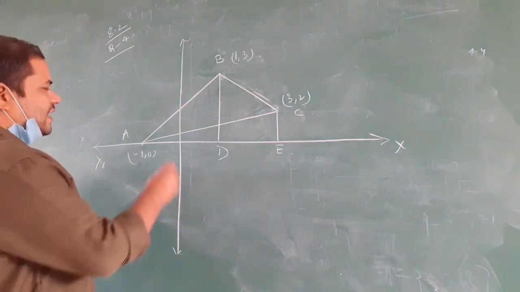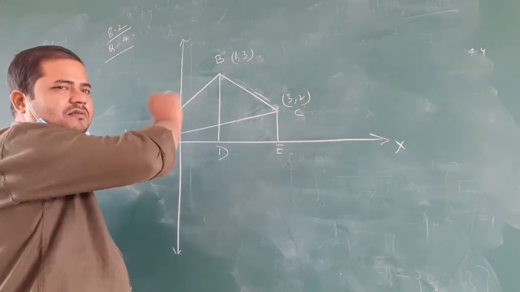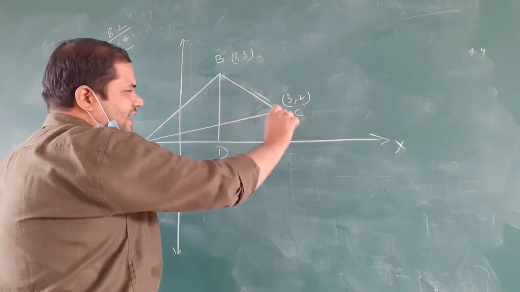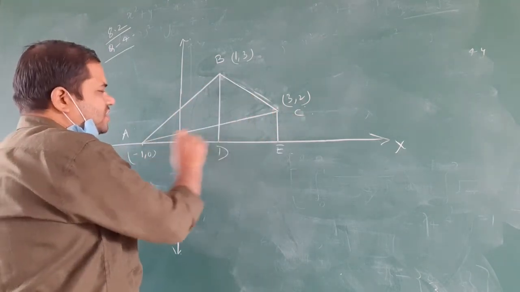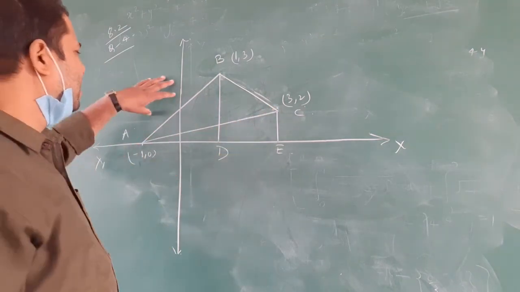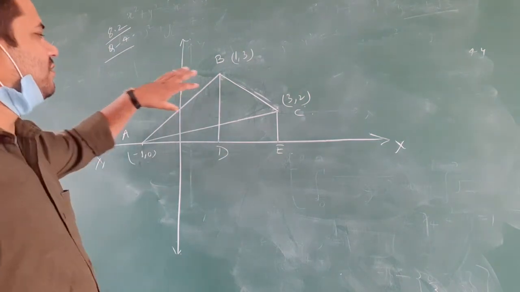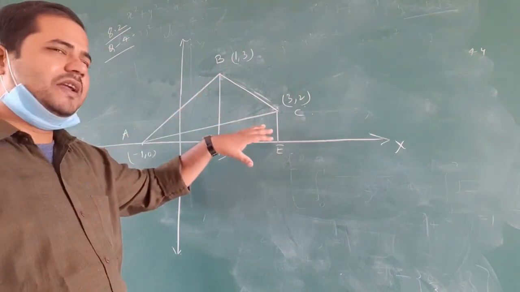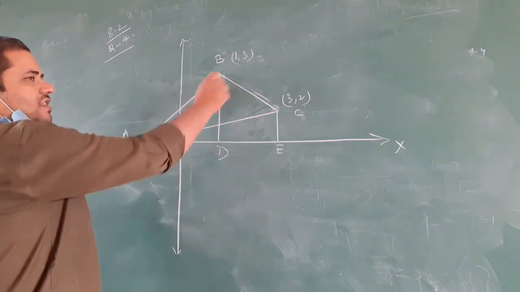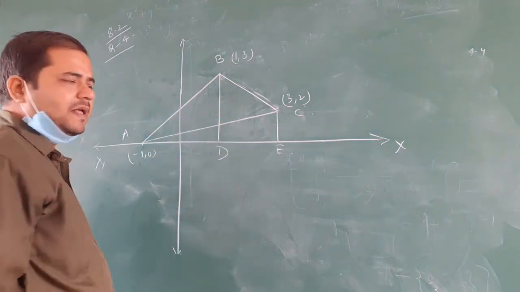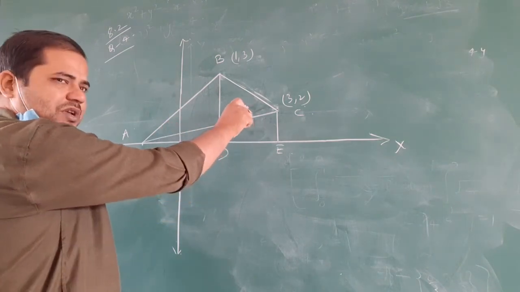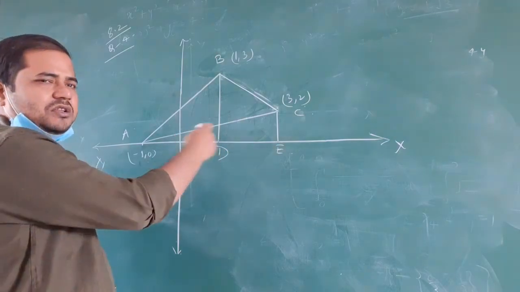और ये बहुत आसान है. Area of this triangle, find the area under this line; area of this trapezium, the area under this line; and area of this triangle, under this line. So first of all, you find the equation of the line AB, equation of line BC, equation of line AC, okay, and then easily find the area under these curves, and then add these two, the triangle and the trapezium, and subtract this triangle, you will get the area.